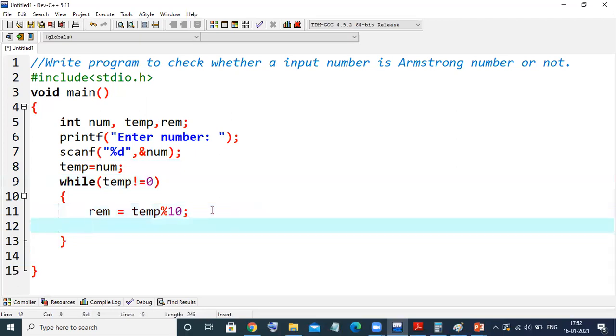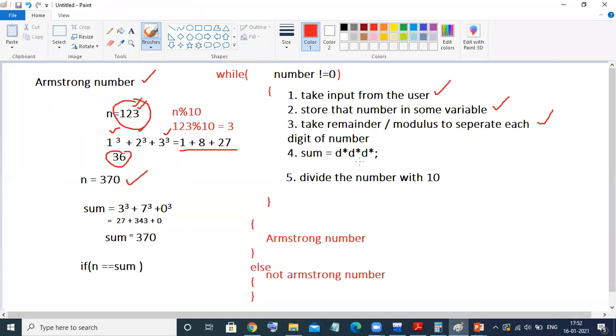Remainder. After taking the remainder, what do we need to do? We need to take a variable sum, and we need to cube this remainder. So sum plus equals rem into rem into rem. That's all. See, exactly we are going according to the logic.